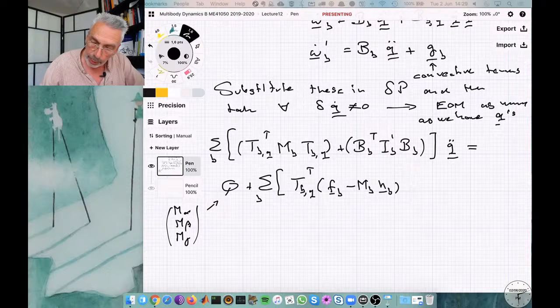And then plus, we have a part which has to do with the rotation, then we get B_B transposed times the applied torques of all the bodies, and don't confuse it with the mass matrix, minus